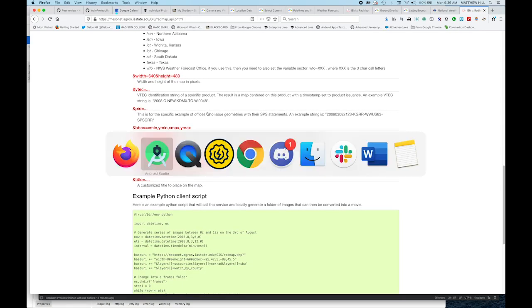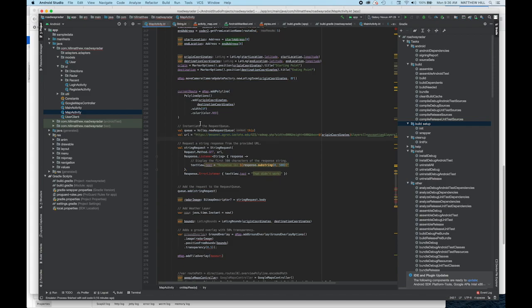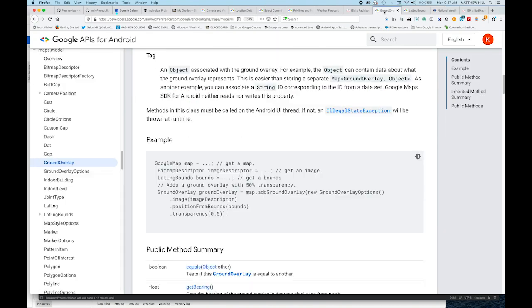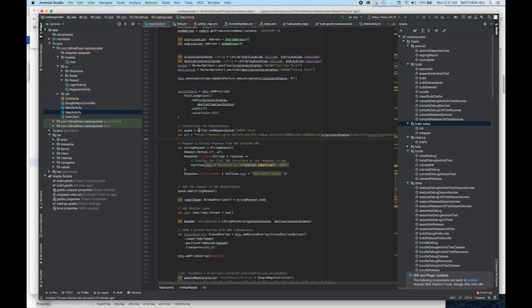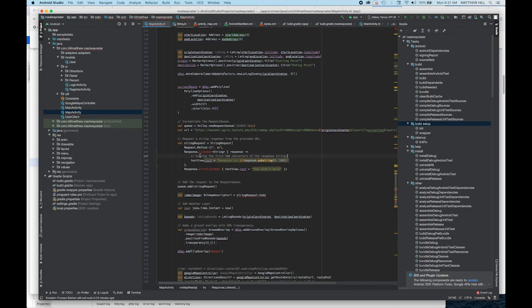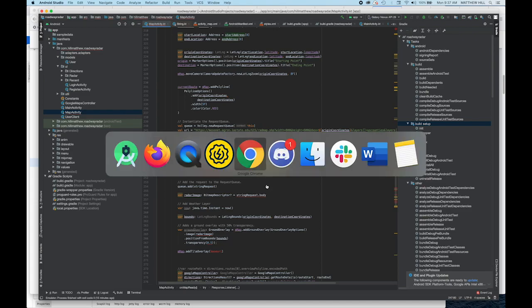Still a lot of trial and error to get this to play nicely. The goal here: Android has its own rules for making GET requests, so you have to create this Volley object. An easy way to do it, or at least the Maps API suggests, is to create this Volley object, which then has a request queue, and you tell it what your GET URL is going to be. You anchor your coordinates for that GET request. I was going to use the origin coordinates, and then you fetch your response, which when you look at it